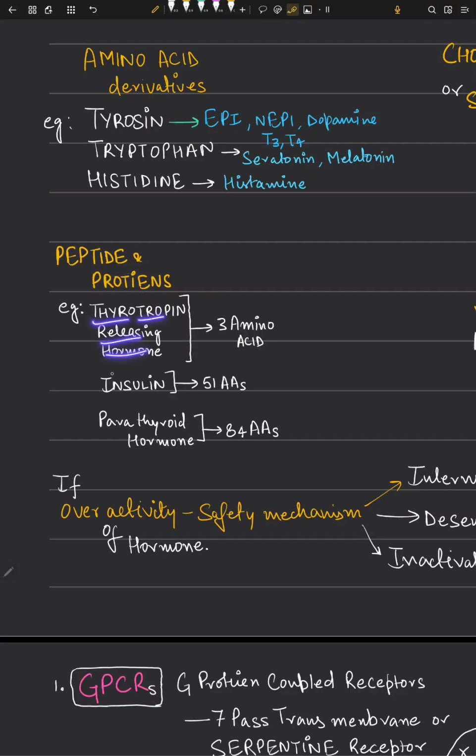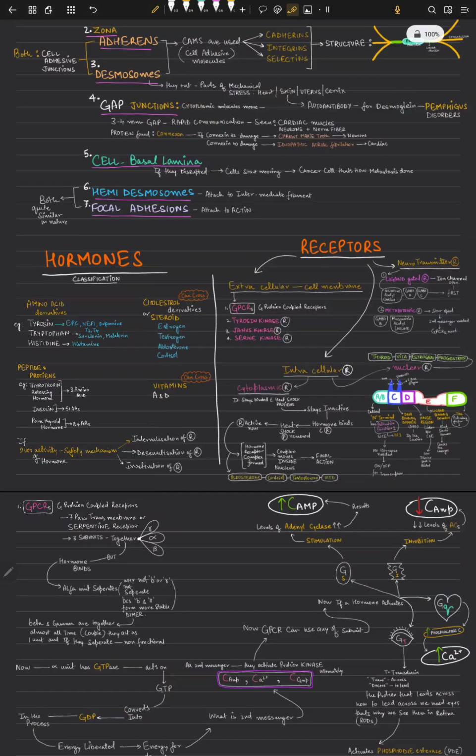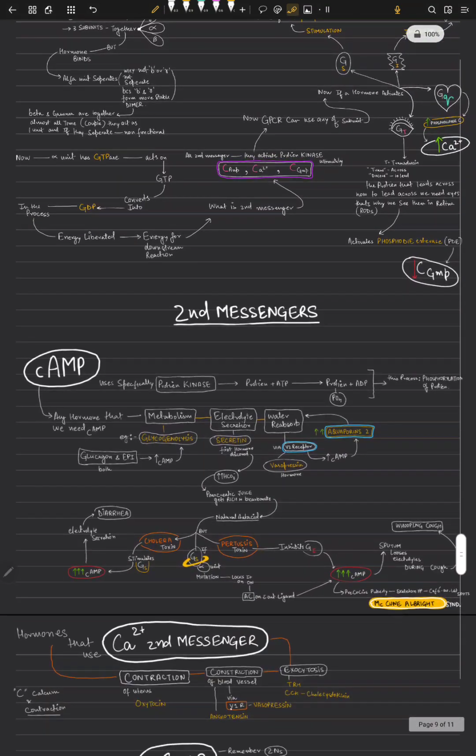Thyrotropin releasing hormone, TRH. It's a three amino acid chain. Okay,